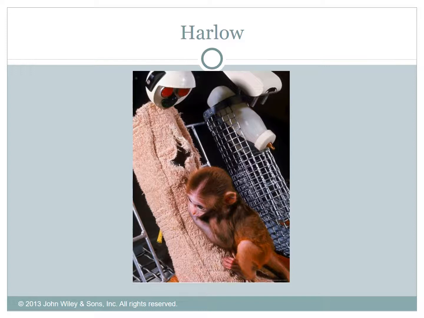What he did was he got these two artificial mothers, and he had one that was just a wire cage you can see with a milk bottle, and then the other one was a felt mother that actually was warmed from the inside, so it wasn't just a piece of cold felt. And what he found was that the monkeys, when they were hungry, would go to the mother that fed them, this wire cage, but then they would immediately return to the felt mother, to this warm, comforting